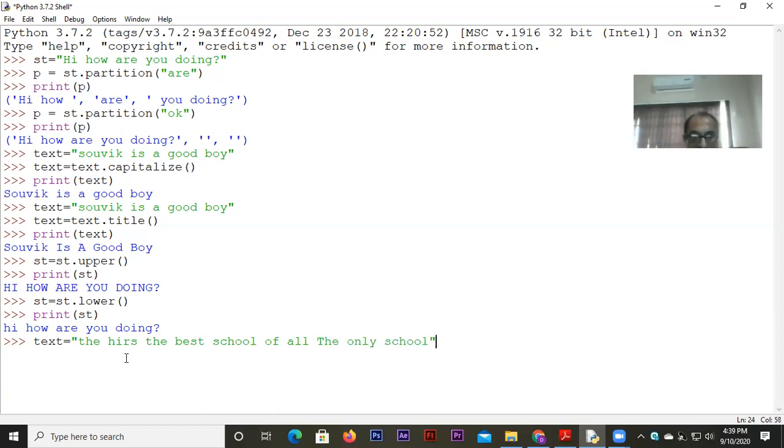Purposely, I wrote the word "The" once at the beginning with the first letter capital, and the rest are all in small letters. Here "the" is entirely in small, but here purposely I wrote "The" with T capital. Now I want to count. What do I want to count? Say I wrote here p equal to text dot count. In the text, I want to count the number of appearances of this particular substring.